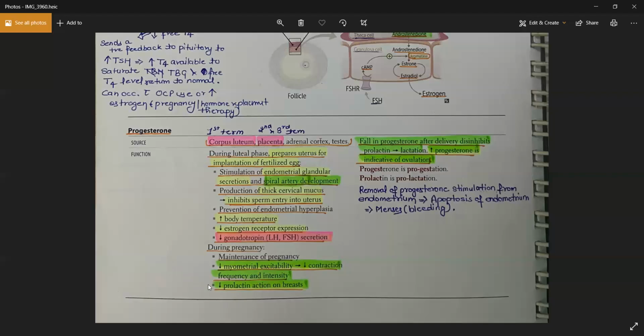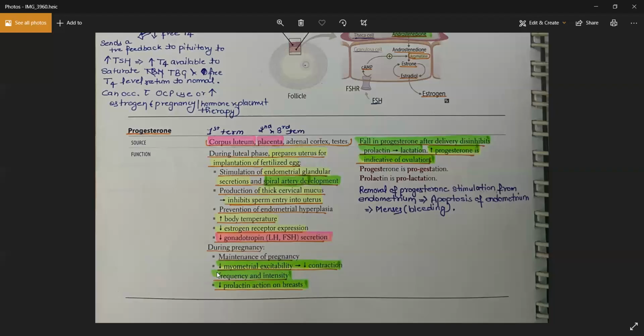You will also have amenorrhea because of this loss of negative feedback and because of loss of estrogen. You can also have the amenorrhea, right? So please remember